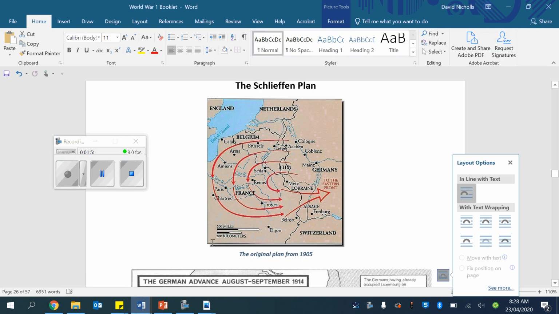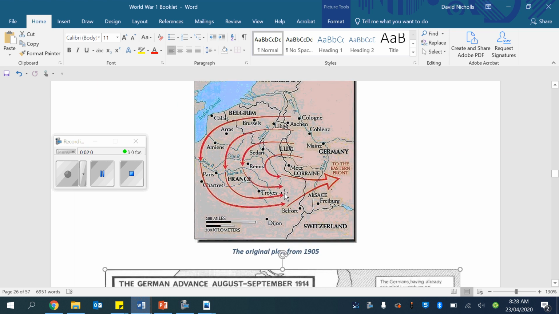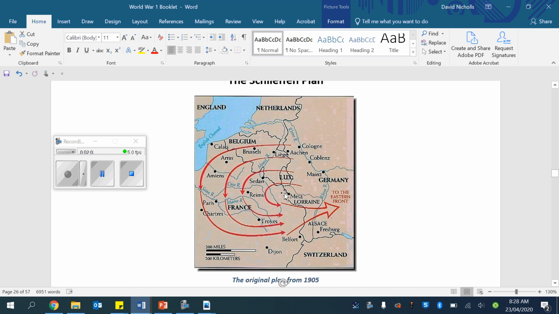Let's have a look at our original plan here. Okay, so here's the plan, the original plan in 1905. You can see there are some big thrusts coming through Belgium and also the Netherlands up here. And they're designed to swing around, capture these French channel ports here, which would mean that if England came into